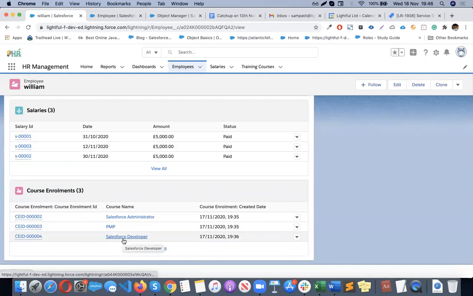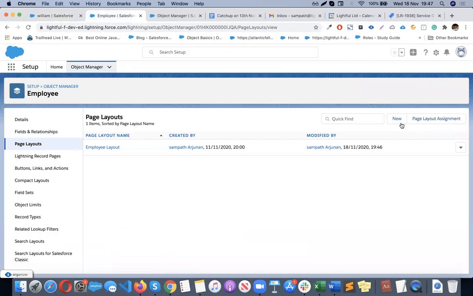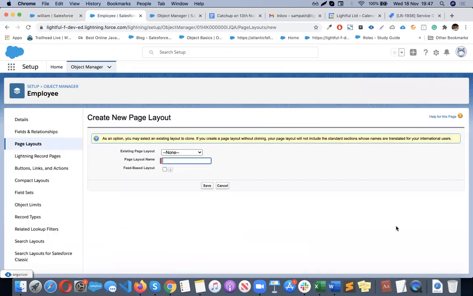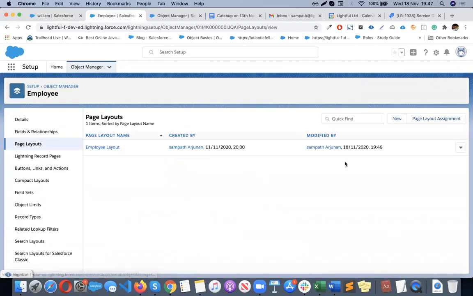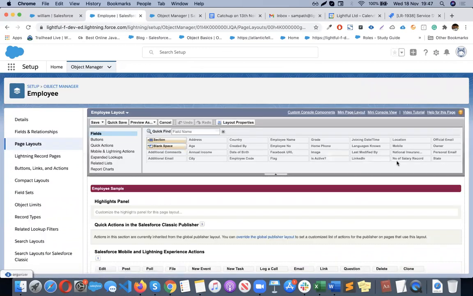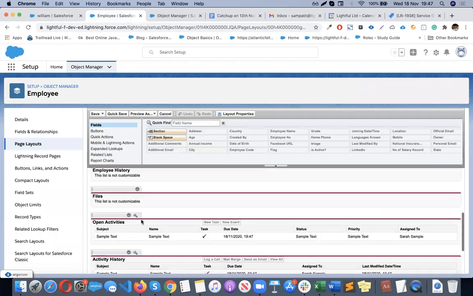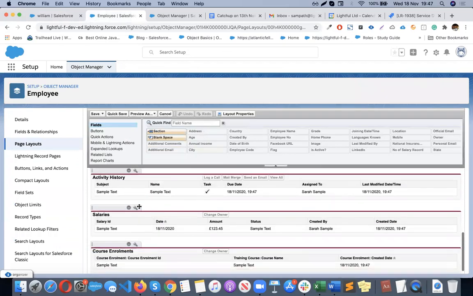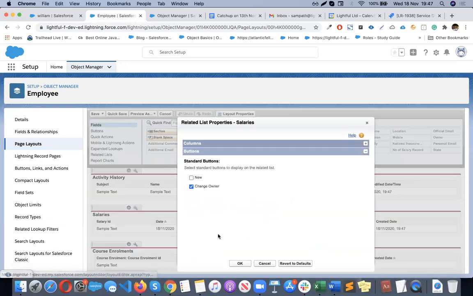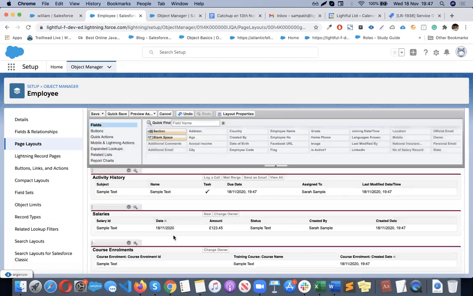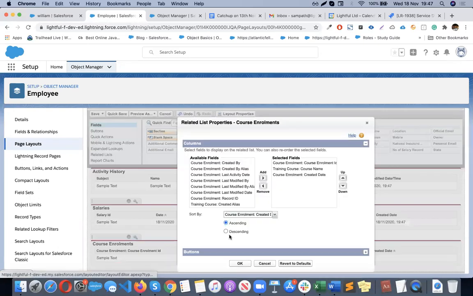Okay, so I will give you one homework here. Let me add the new button again. So I'm going to put back the new buttons in the buttons section, and the same way for course also.